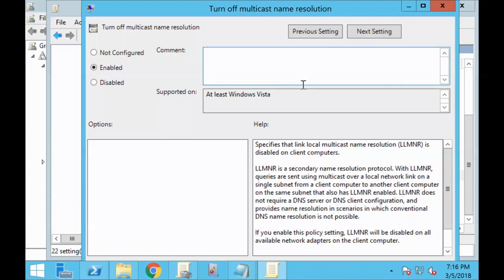But yeah, that's where that setting is. So you can set that to enabled, and then that won't work anymore. However, it will fall back into NetBIOS if NetBIOS is enabled, and that will work. So we'll